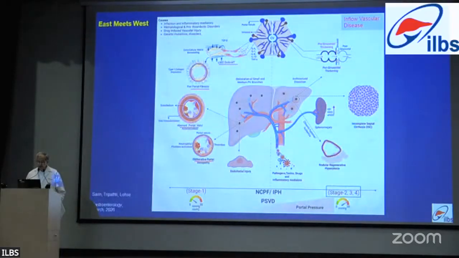This diagram, which was created by Dinesh, and we termed this as inflow vascular diseases. Inflow, there are outflow diseases and there are inflow diseases. So what are inflow vascular diseases? Let us start. So the first is an endothelial injury, which occurs in the branches, second, third, fourth order branch of the portal vein due to probably pathogens, toxins, drugs. So they all travel in the portal vein and they will cause an injury into the endothelium.